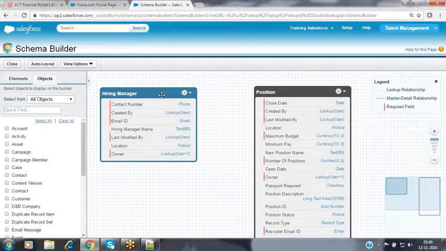Mapping the association between the two objects means we have to create a new common field inside the child object, which references the parent object's primary key field. In order to map the association, we have to create one relationship field on the child object. Why? Because we always have to map the association from the child to the parent object. We cannot map from parent to child. So we have to create that relationship field on the child object always.